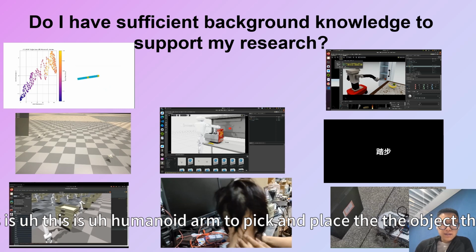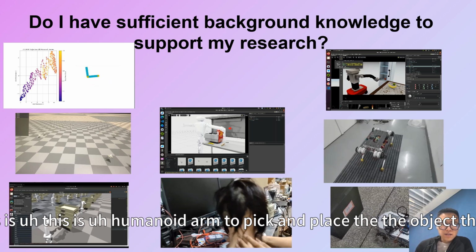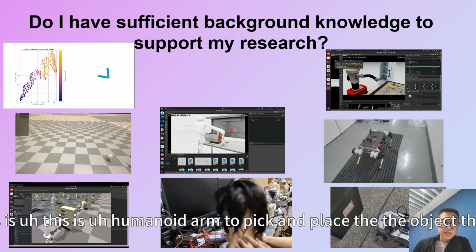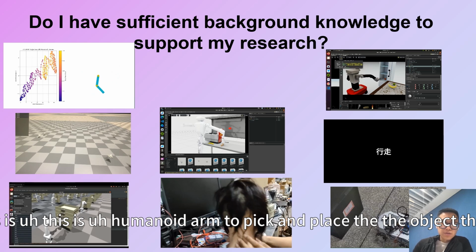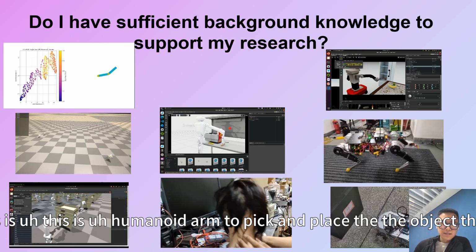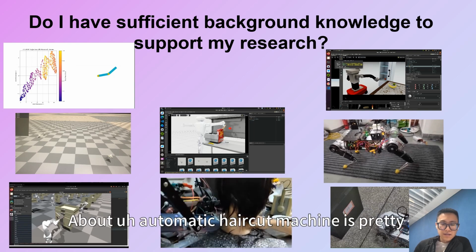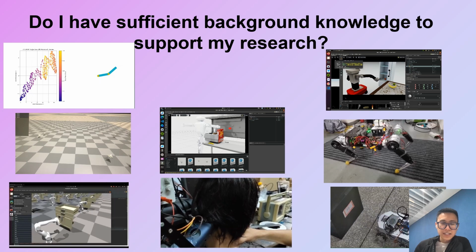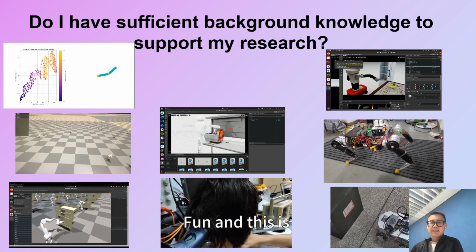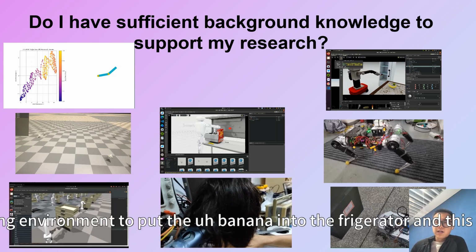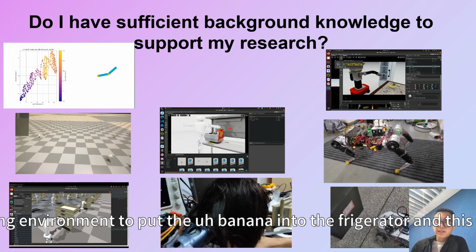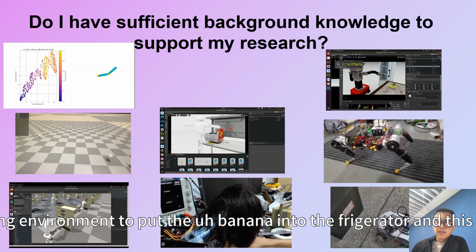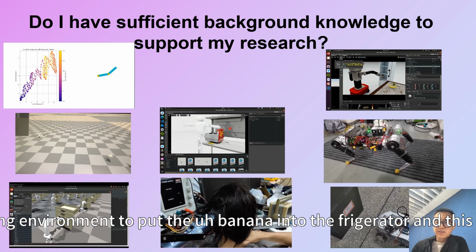And this is a humanoid arm to pick and place an object. This is an automatic haircut machine. It's pretty fun. And this is also a reinforcement learning environment to put a banana into the refrigerator.